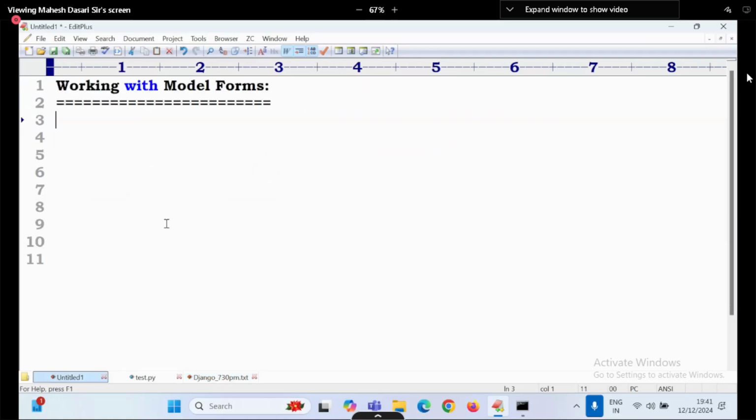Working with model forms. What is the model form means? Model based form. What is the difference between normal form and model form? The difference is if I want to read each and every data from the form, within the form